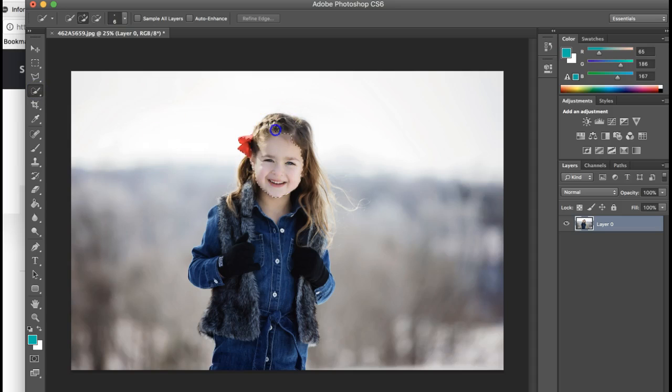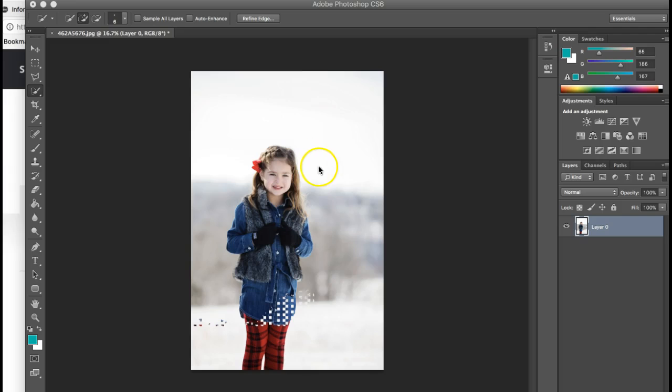You're just going to run your cursor across the subject, trying to get close to the edge. If you get too close, it might grab too much of the photo, of the background, and if that happens, you can remove that selection. If you end up selecting too much, you can hold down Alt to deselect, or you can choose this icon